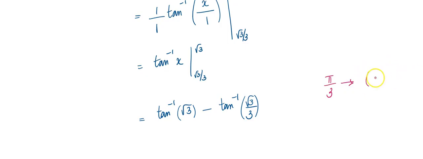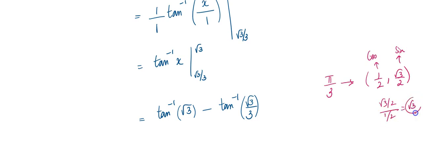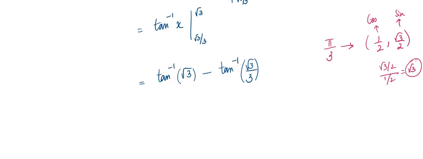So when you look at the unit circle, we notice that for the angle pi over 3, the x and the y coordinates will be half comma root 3 over 2. This is cosine and this is sine. Because it's tan, it's going to be sine over cosine. So root 3 over 2 over 1 over 2, which is root 3, right? So tan inverse of root 3 comes out to be pi over 3 minus. And we also see that for pi over 6,